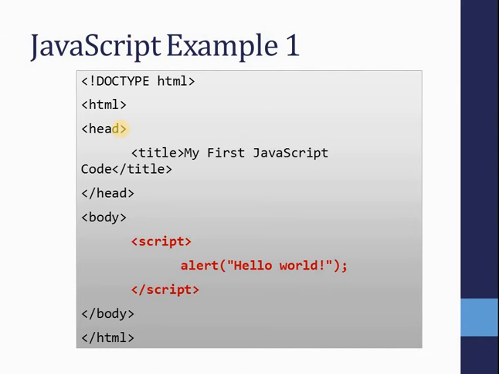Over here you can see that whatever is written in black color is our HTML code. So, simple. This is the declaration of the HTML5 statement, HTML, head, and title, my first JavaScript code. The head is complete. After that, here comes our body part, and in the body section I have included a script tag, and between this script tag I have written alert hello world. Okay, so this is our first example.